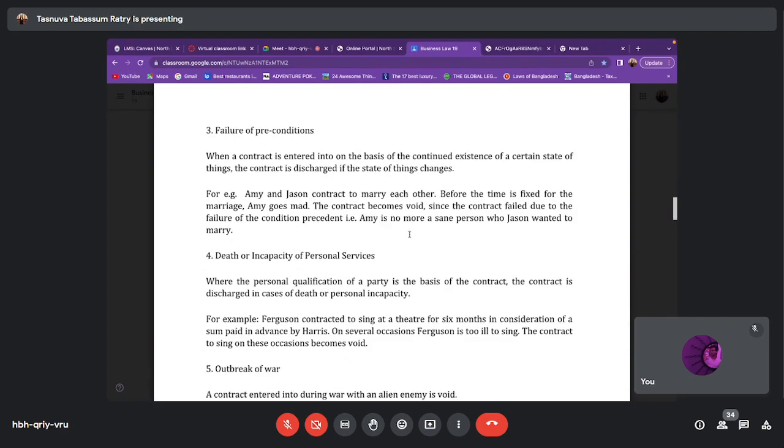Say for example, আরেকটা example দিই এখানে, Amy and Jason, they contracted to marry each other. Before the time is being fixed for the marriage, Amy goes lunatic. Now, what will happen to their contract? The contract becomes void because তাদের contract অনুযায়ী বলা ছিল, the precondition was that Amy needs to be a sane